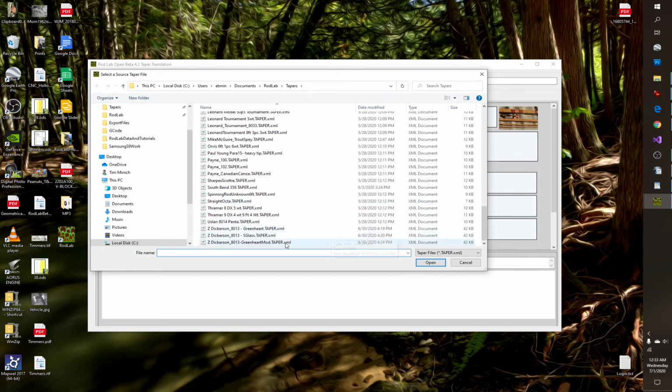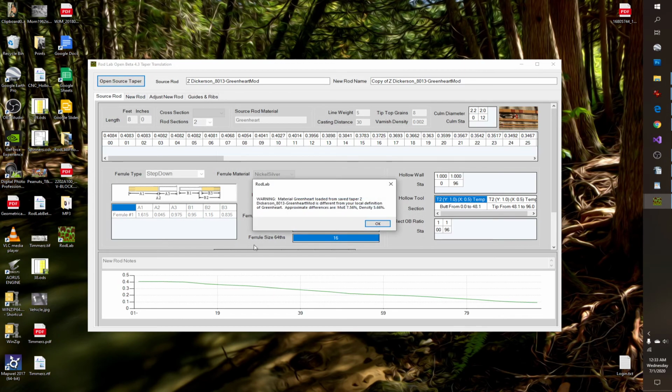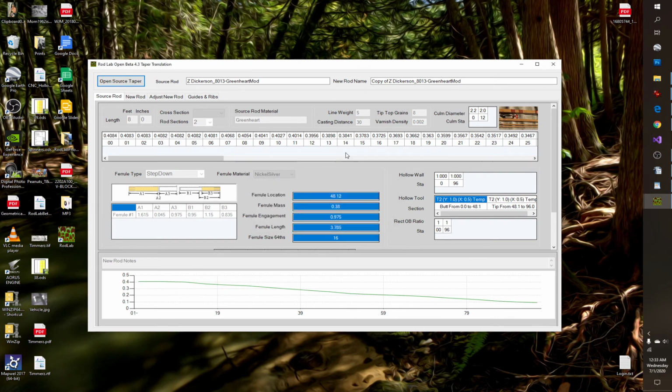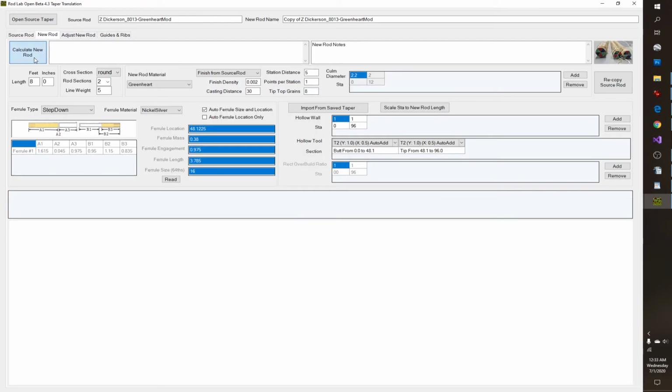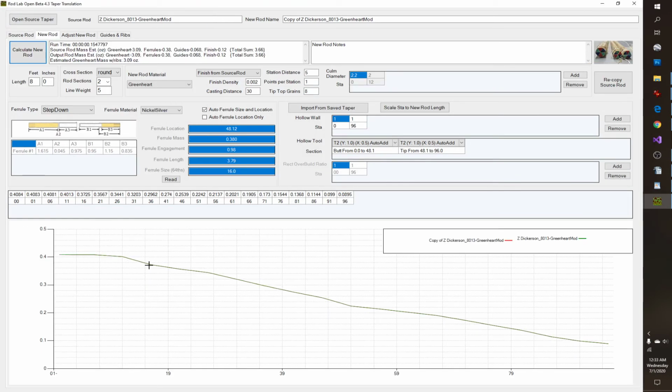Say, for example, my friend sent me this green heart rod, and it's got a different green heart spec. So when I open it, it's going to come up and I'm going to get this complaint. It's going to tell me, warning, the material from the loaded taper has a different modulus of elasticity and a different density. So 7.5 and 5.5% different. So watch real quick. If I go ahead, new rod, if I go ahead and calculate the new rod, you'll notice that my new rod is right on top of my old rod, as you would expect